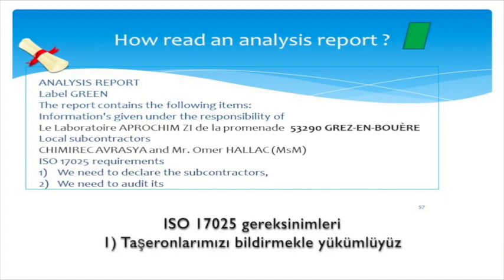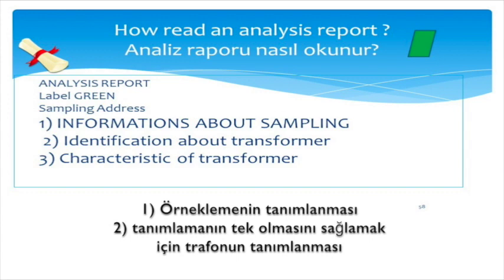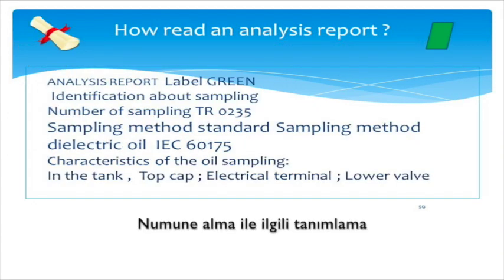Under the ISO 17025 requirement, we need to declare the subcontractor, and we need to audit it. The identification of the sampling, the identification of the transformer to ensure the identification is unique, the characteristics of the transformer, the number of the sampling,